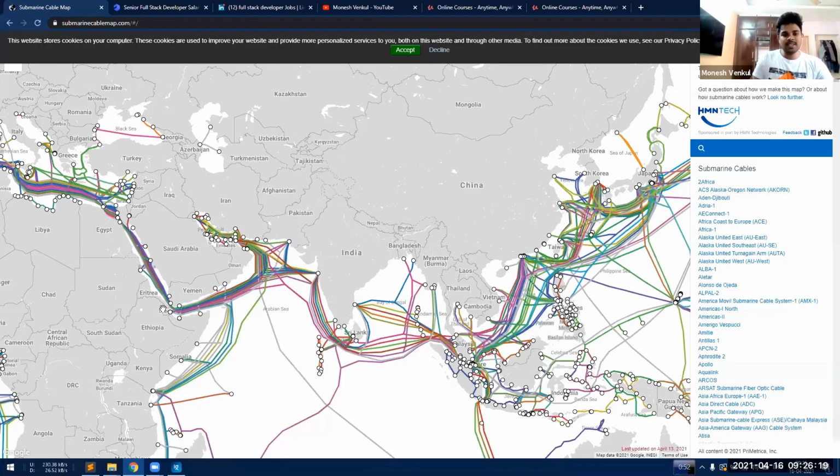Actually, the lines you see here are submarine internet cables. We call them submarine internet cables. There are actual cables under our ocean which connect continent to continent. Those cables have internet flowing through them. We always think that internet is only from satellites. Like if we type anything in our mobile, it goes to a satellite, and from the satellite magically it comes to our device. Actually, that is a wrong assumption. There are actually wires connecting continents.